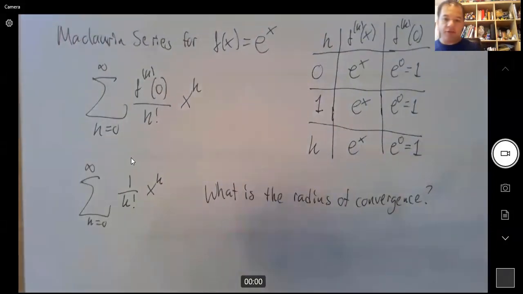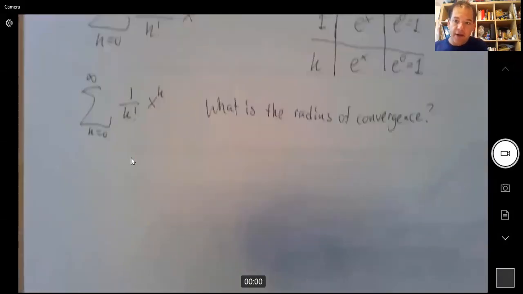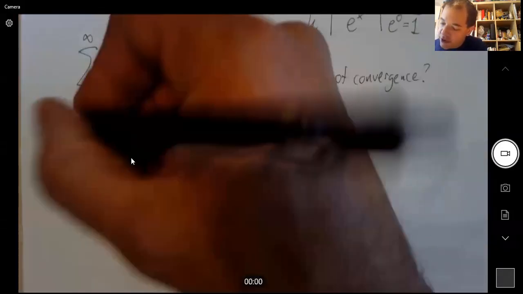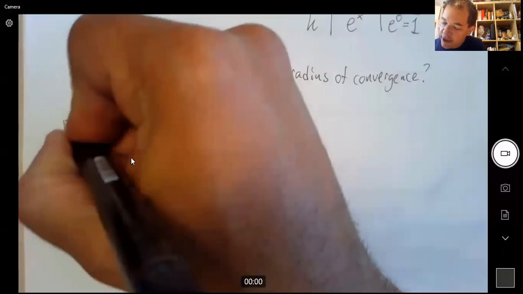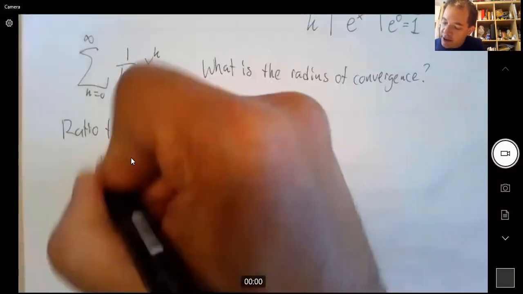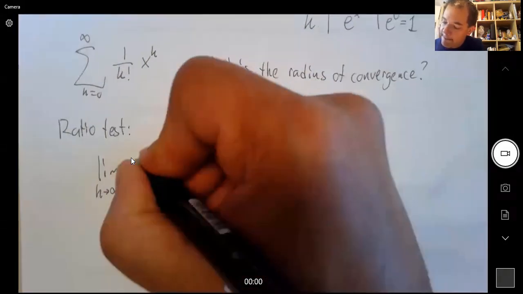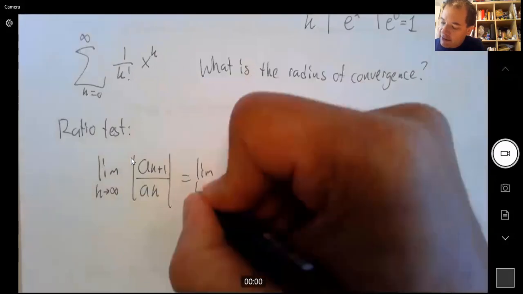Part B is to find the interval of convergence. So we'll start with the radius of convergence, and for that, we use the ratio test. Ratio test is our go-to guy. So we do the limit when k goes to infinity, a_{k+1} over a_k. And this will be